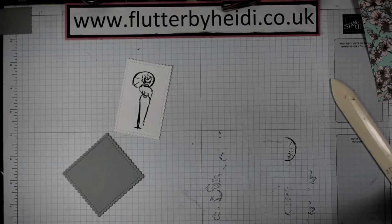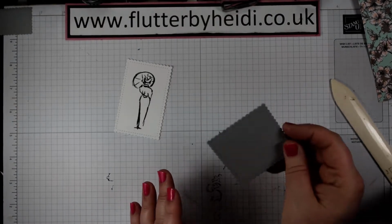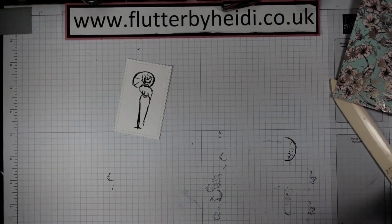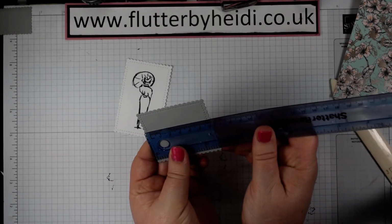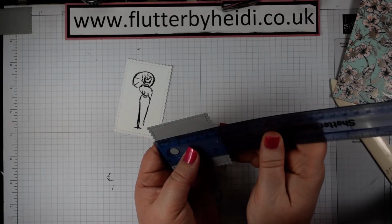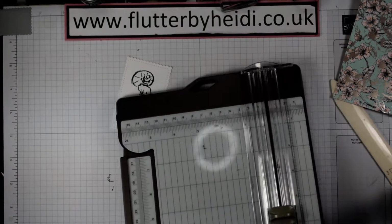Now, you have a choice with these. You can either die cut another shape out in white and then just trim just inside those dashed lines, or we can cut a piece. So I'm going to cut one to about 5.8 by 5.3-ish. So while those bits are drying,